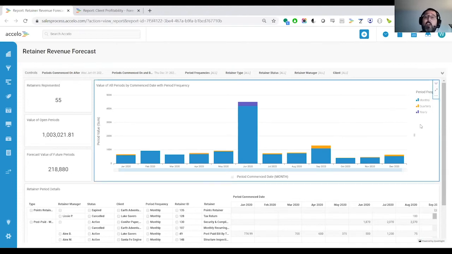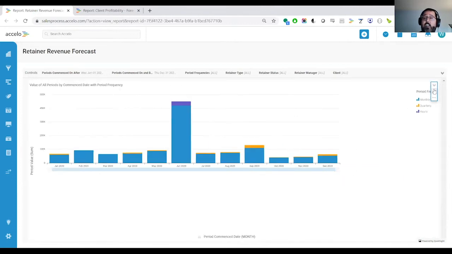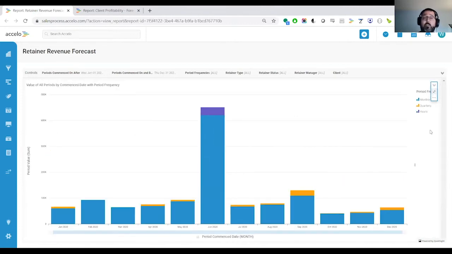One of the most powerful ways it does that is via the revenue over time graph right at the top here, because it's going to show us where that revenue is coming in. We can see in this case that June, of course, was our big month. We're at almost 450,000. And each of our other months is a little bit lower, but they are consistent, which of course with retainers is one of our goals, establishing a consistent, reliable revenue stream that can support our other